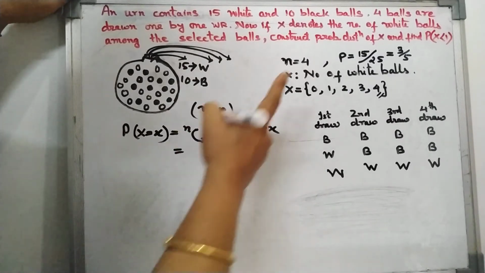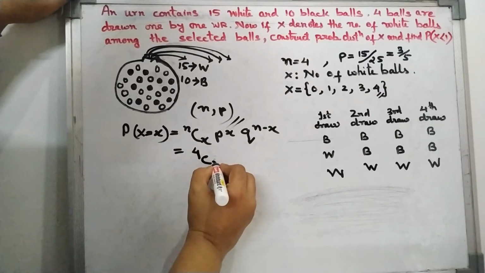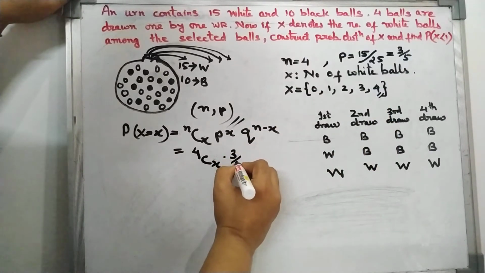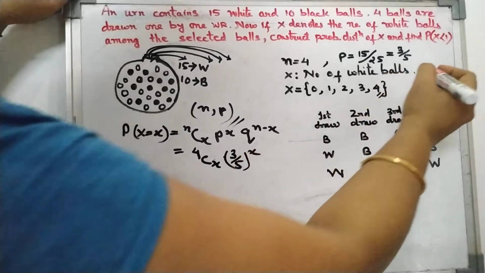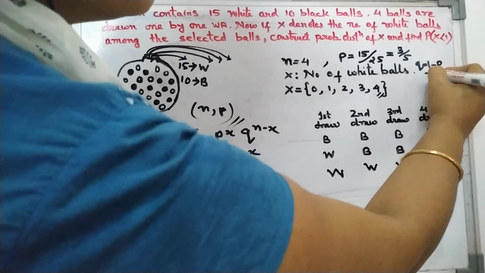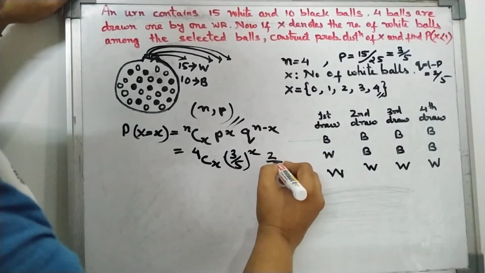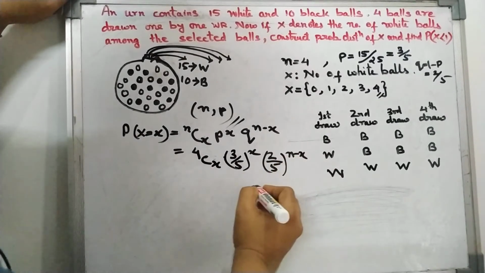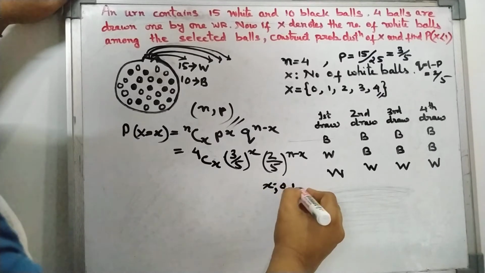Now here n is 4, so we write 4Cx, p is 3 by 5 raised to the power x, q is 1 minus p, so it is 2 by 5. So we write 2 by 5 raised to the power n minus x,